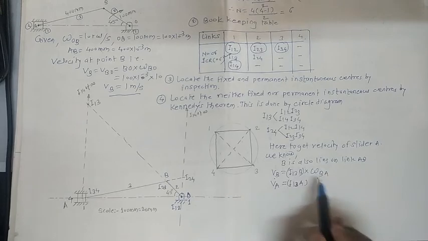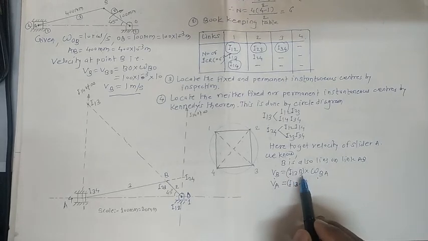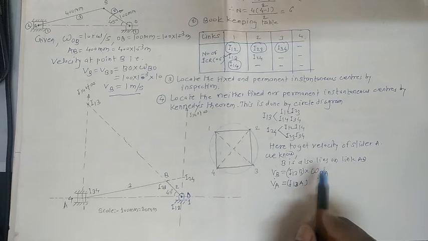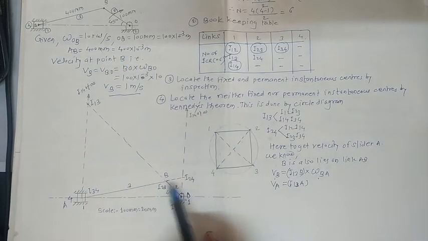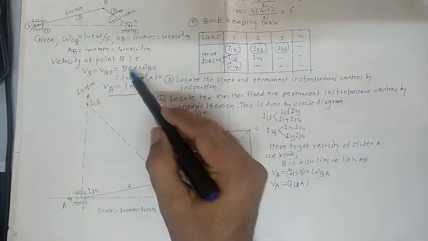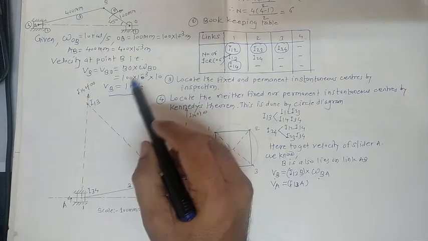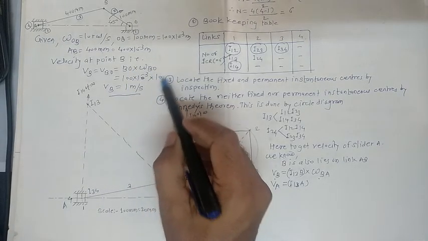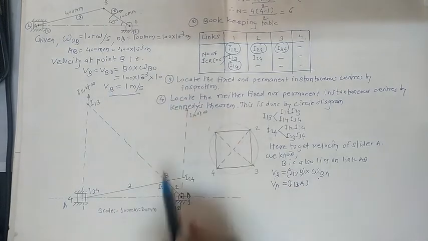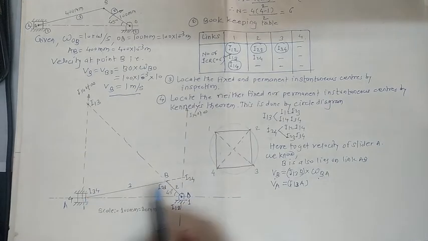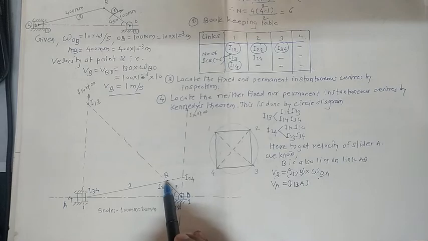Why is this formula written in this way? If I consider the B point on link OB, we can take the actual length of that link. So BO indicates the actual length of the link, here 100 multiplied by this one, already given in the problem. So we can get the VB information. Now B lies on the AB link also, at the same time.